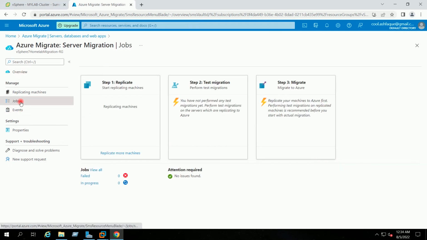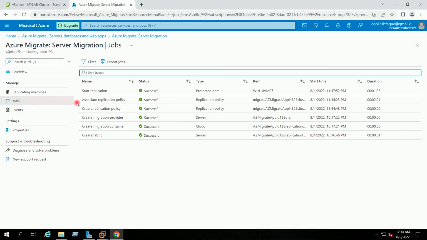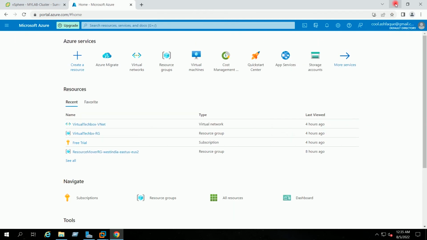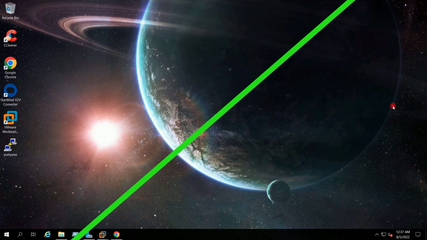I will go to jobs. So all the tasks are showing completed, which means we have successfully initiated the replication. Replication will take some time to happen.